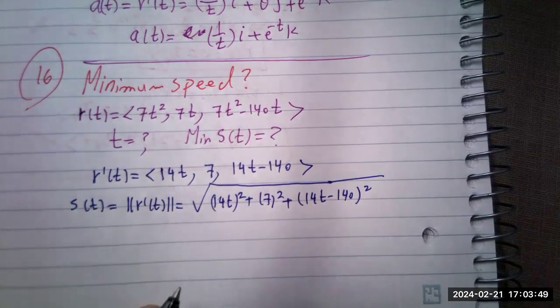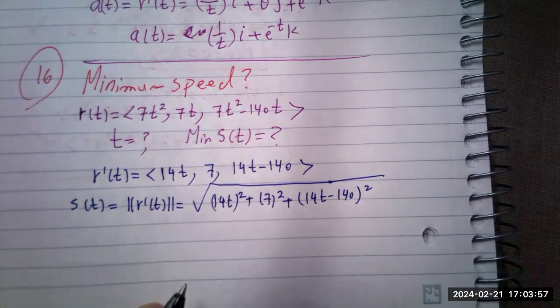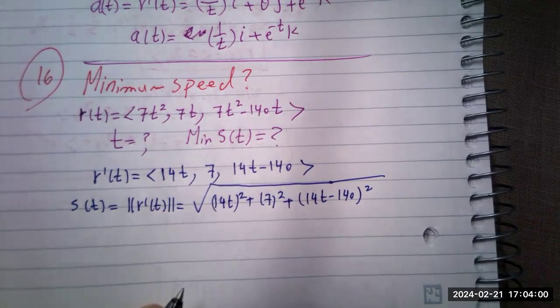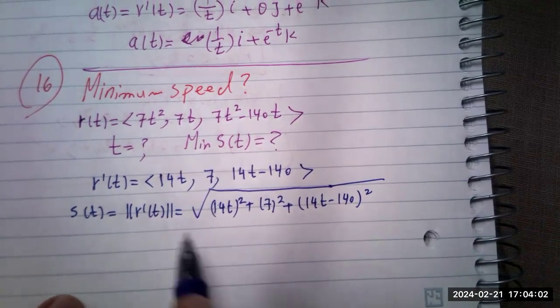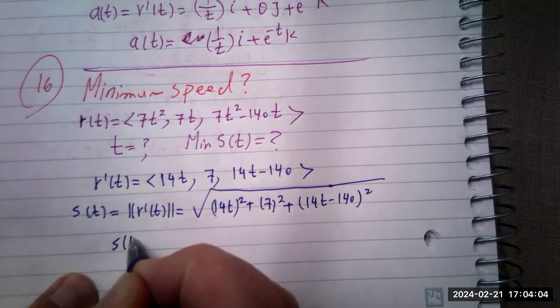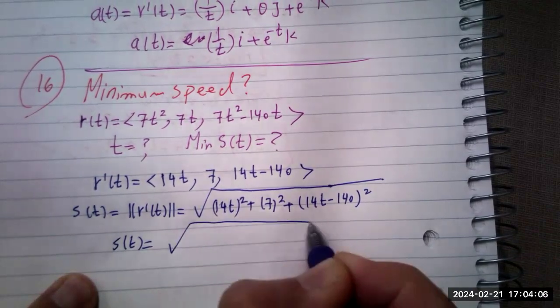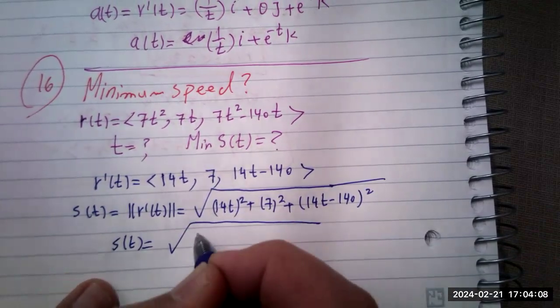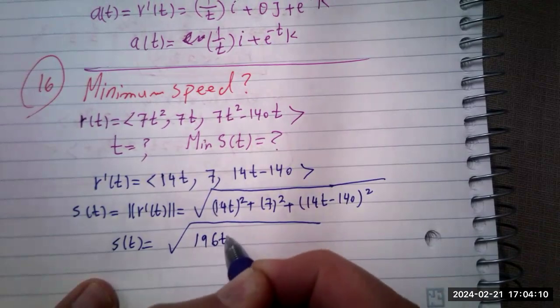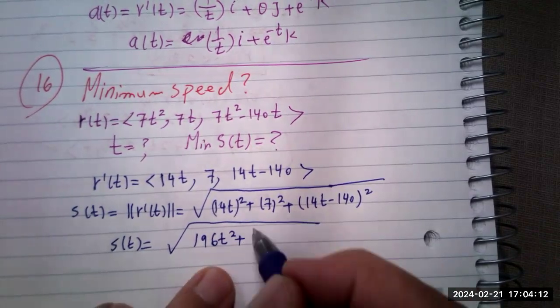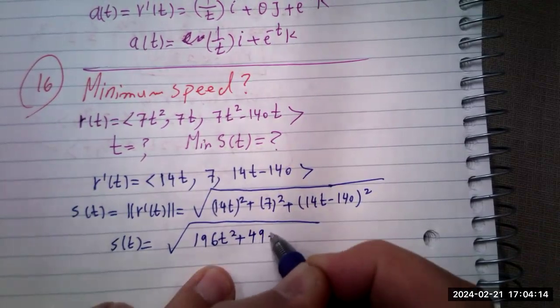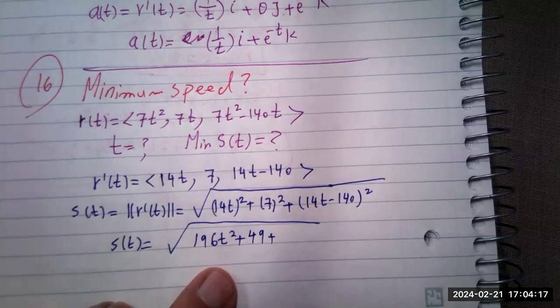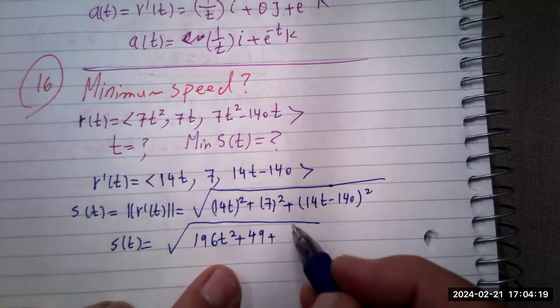Okay, so this is just put these numbers together. You have to square the 14. Okay, I need those numbers. So this is going to be the situation we have. S of t is going to be 14 squared, which is 196, so 196t squared, and this is going to be 49. Then the square of the binomial, carefully, square of the first, that gives you